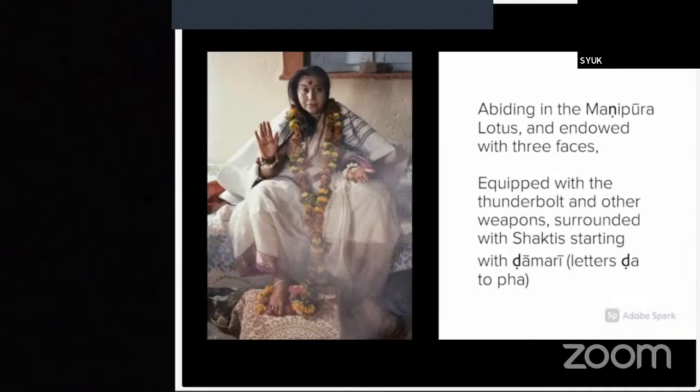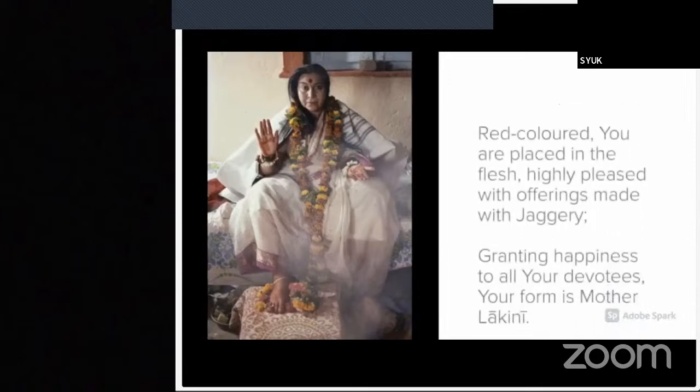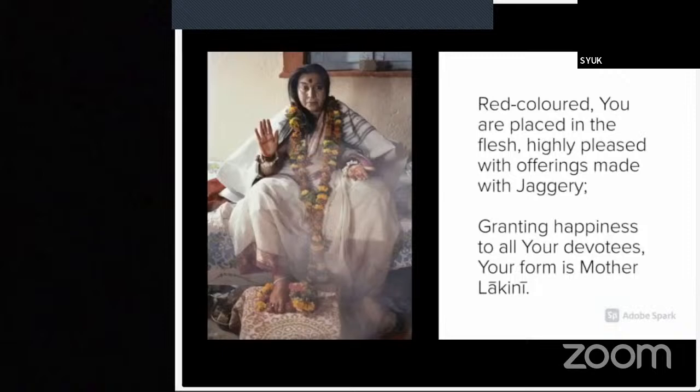Abiding in the Manipura lotus, and endowed with 3 faces, equipped with the thunderbolt and other weapons, surrounded with Shaktis, starting with Dhamari, letters Da to Pha. Red-colored, you are placed in the flesh, highly pleased with offerings made with jaggery, granting happiness to all your devotees. Your form is Mother Lakini.